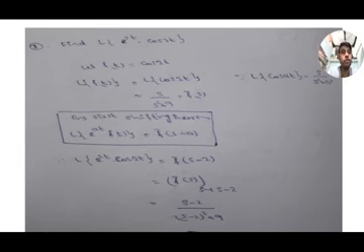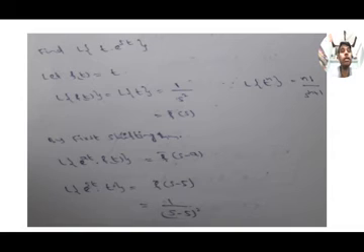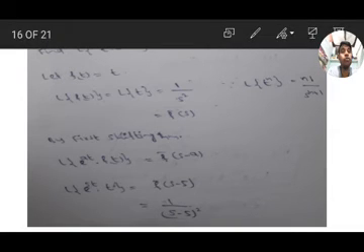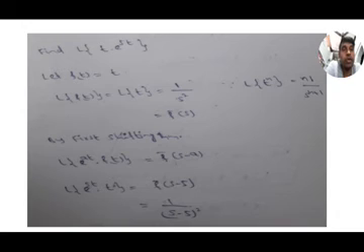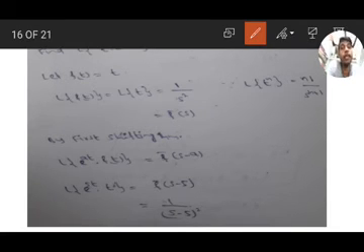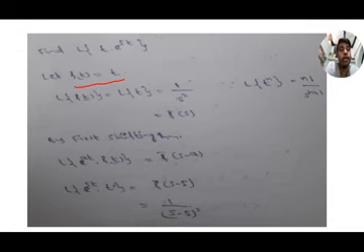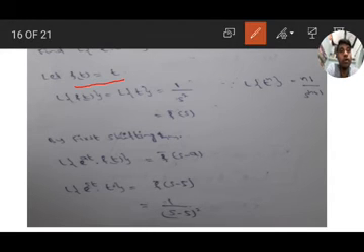Next, let us go to the next problem. Find L of t into e to the power of 5t. T into e to the power of 5t means here f of t equal to what? Yes, f of t equal to t. Very good. Except e to the power of 5t, remaining only here we have t, therefore f of t equal to t. So first find the Laplace transform of f of t, that is the Laplace transform of t.